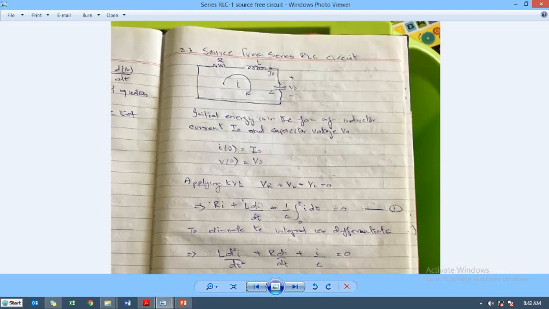So if any of you find it difficult to solve the end of chapter 8.3 problem for the initial conditions, the last topic we had done was about finding the initial conditions, I can show you the solution. Right now my focus is just on